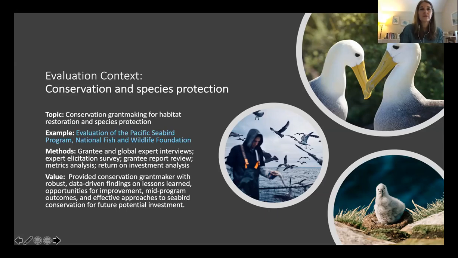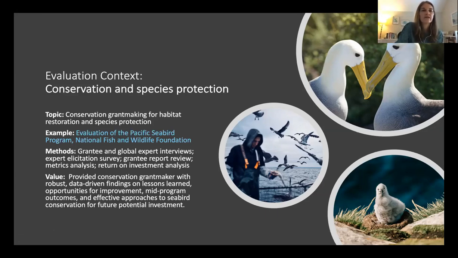And so part of this evaluation included an expert elicitation survey, where the survey was set up to elicit from experts in a systematic way their understanding of seabird dynamics and population survival metrics in different places for different species of focus for this project, which was 10 different species, along with also interviewing grantees who had been working on the ground, and also global experts who had a really wide-ranging view of seabirds worldwide and had knowledge on comparative situations for seabirds in other parts of the world, not Pacific, that also lent insight and information to bring to what was being found for this program.